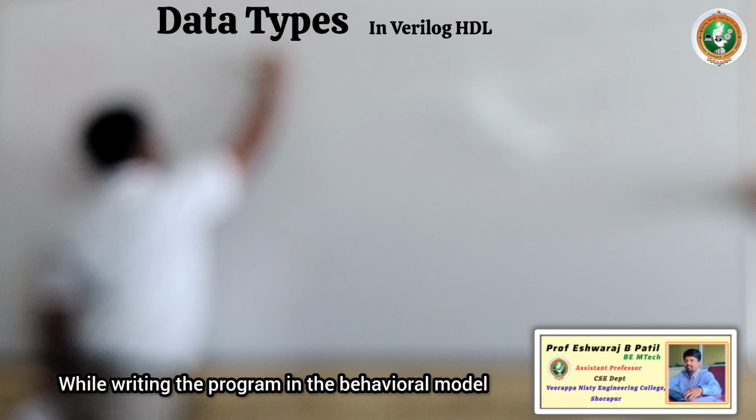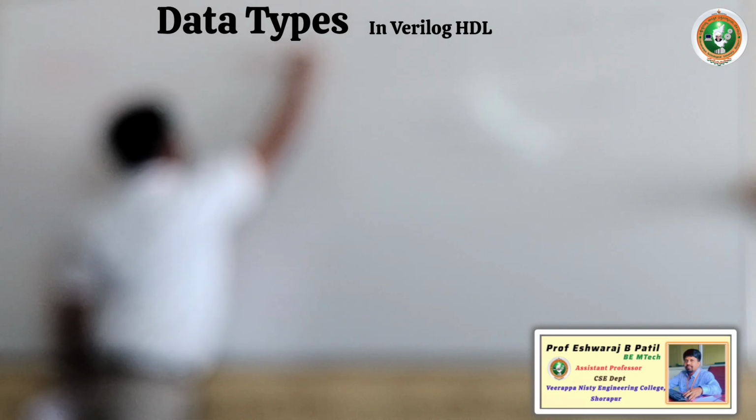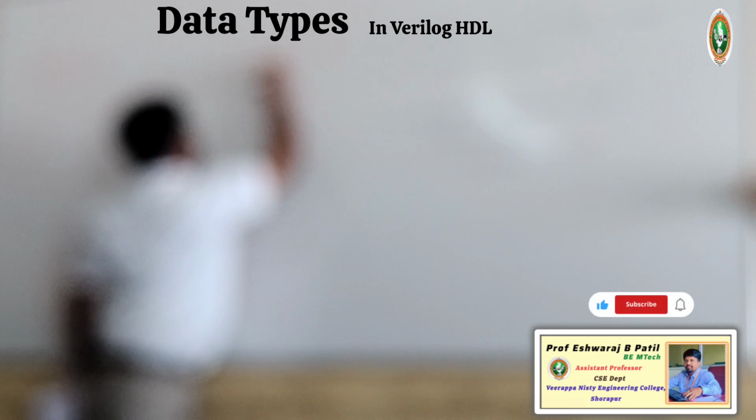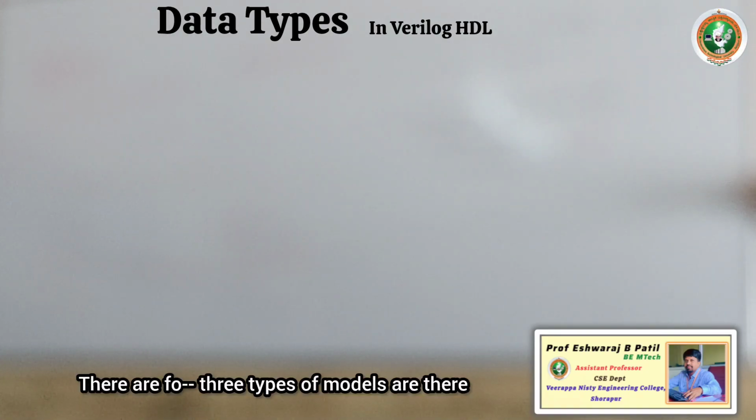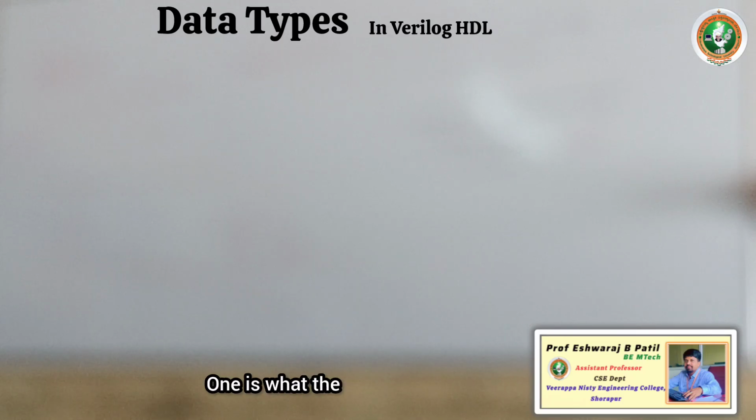While writing the program in the behavioral model, how many models are there? There are three types of models. One is the